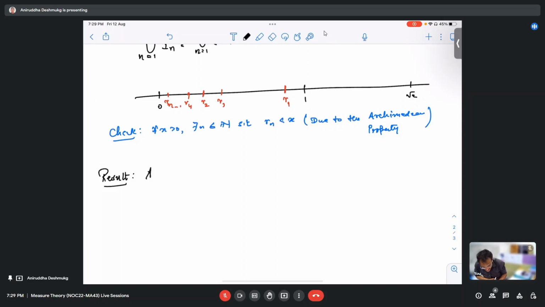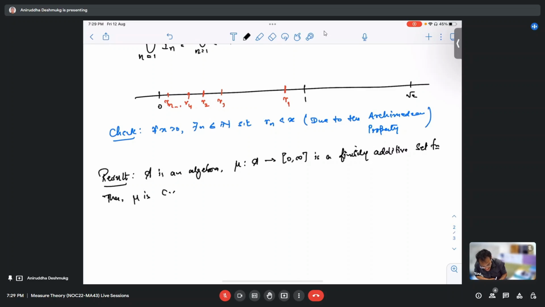The result was that if A is an algebra and mu from A to [0, infinity] is a finitely additive set function, then mu is countably additive if and only if for any sequence